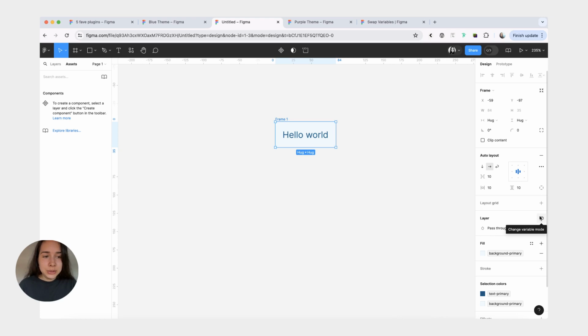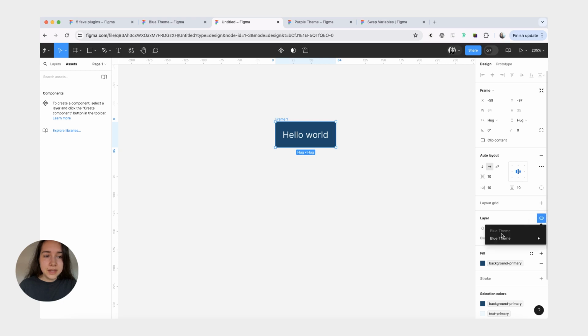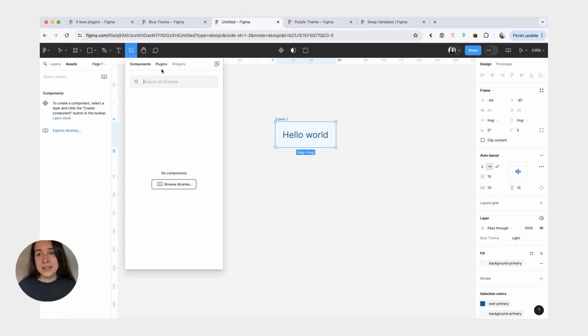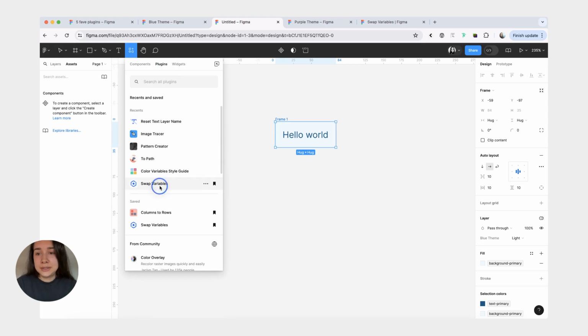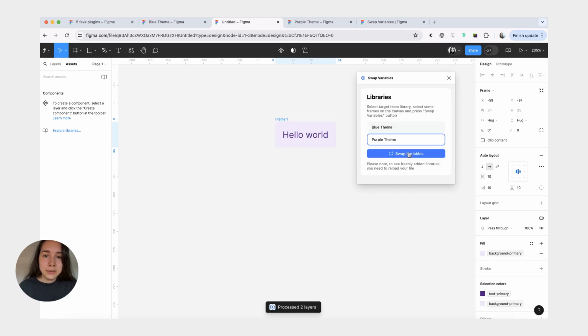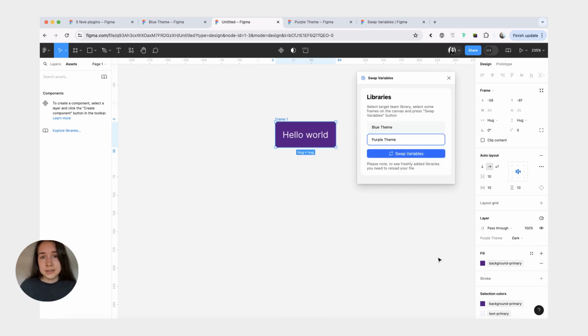And so what Figma allows me to do, at least currently, is swap between light and dark mode. But I can't swap it for the purple theme because the purple theme is in a different file. If the purple theme was in the same file as the blue theme, I'd have been able to also swap those collections. But they are not, and I still want to swap them. And that's where this plugin comes into play, because if you run this plugin, it's going to check for whichever libraries are available in the file. And we did enable the purple theme. And then you do swap variables. And again, as long as the names of the variables are matching, it is going to work.